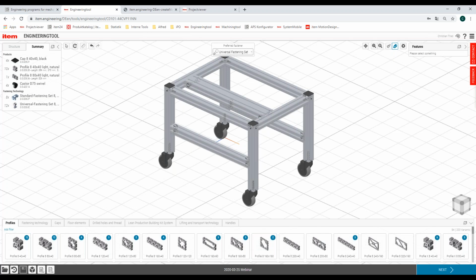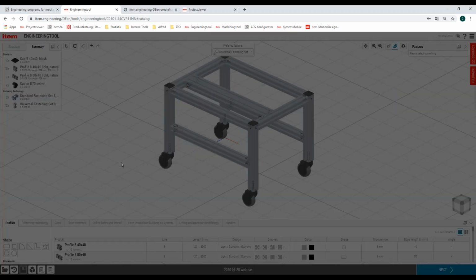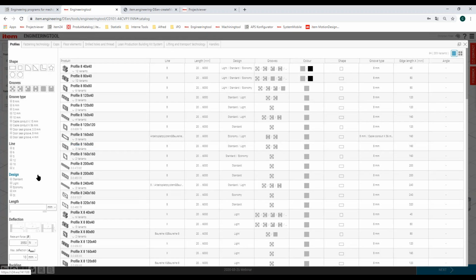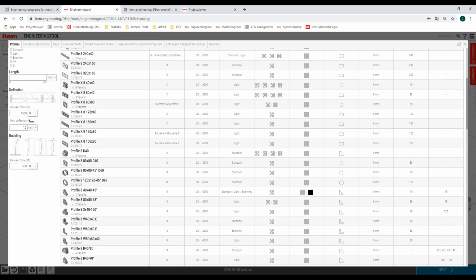Is it possible to create a tension graph? Not over the whole design, not yet. This would be like a finite element method, so FEM, and that's a very, very complex part. If we go back to our engineering catalog, you can see here the deflection and the buckling calculator.